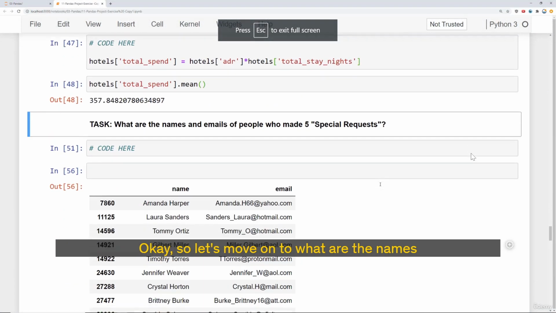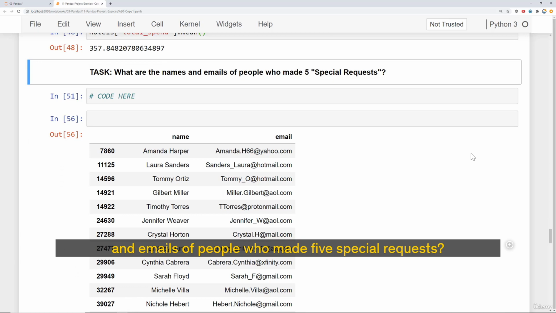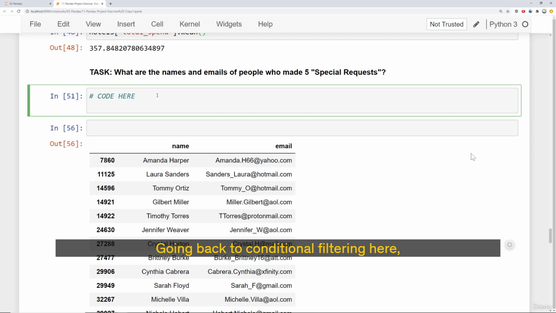Okay, so let's move on to what are the names and emails of people who made 5 special requests. Going back to conditional filtering here, we're going to have to recall what is the actual column for the special request. So you'd go up to the column reference and realize that it's simply called total of special requests, and we're looking for people that made 5 special requests. So we just pass in that Boolean filter where the total of special requests is equal to 5, and then we want the names and emails, so we can simply grab that off, name, comma, email on the results,